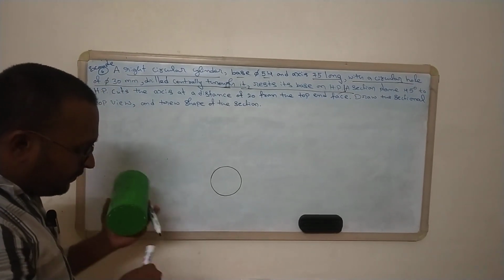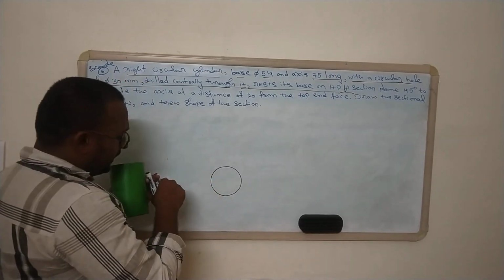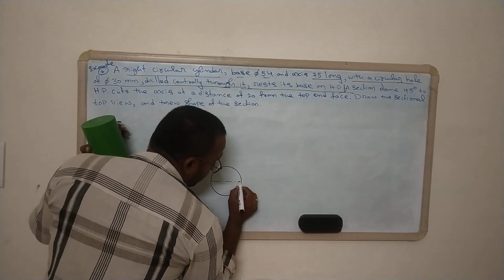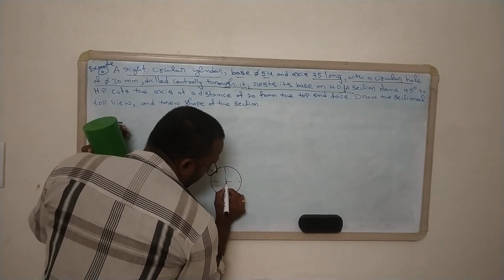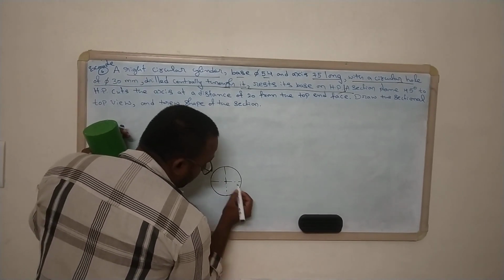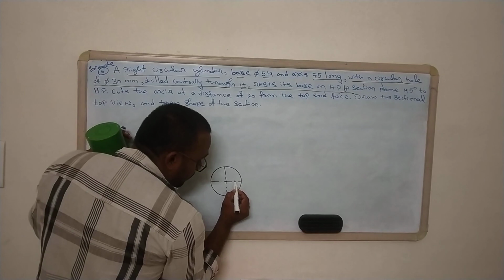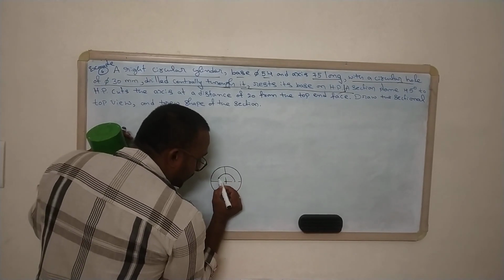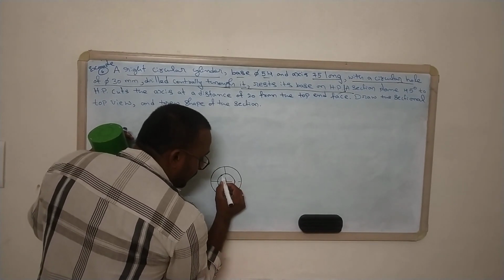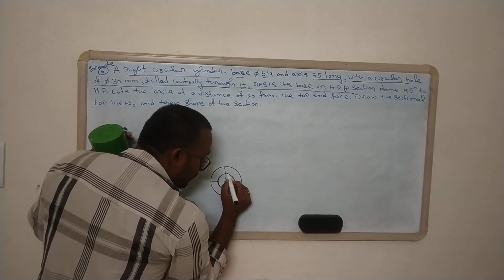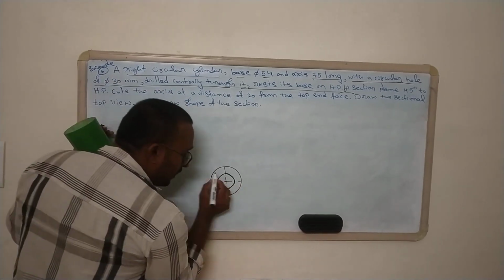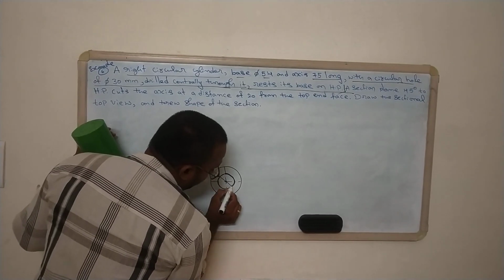At exactly the center, a hole is produced of 30 mm diameter. So here is the plus symbol, and with the 30 mm diameter, whenever we see from the top view, the drilled hole must be visible, but in the front view it won't be visible, right? And again we need to divide this into a number of equal parts.